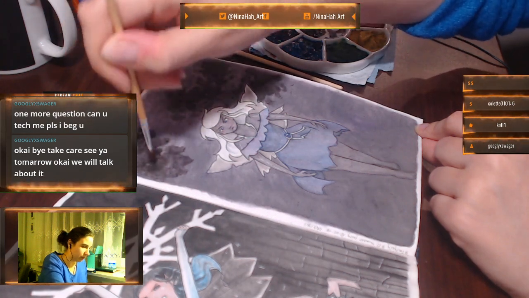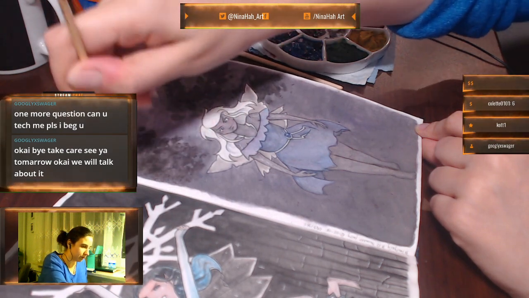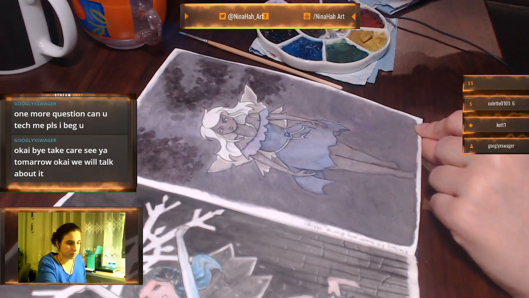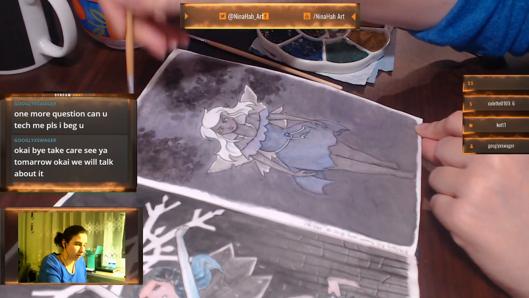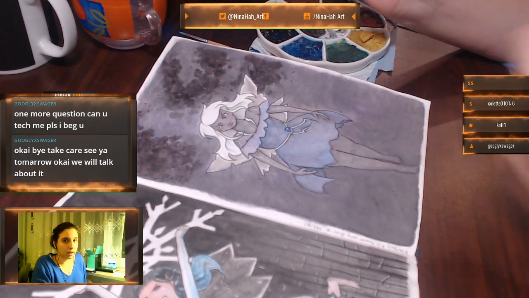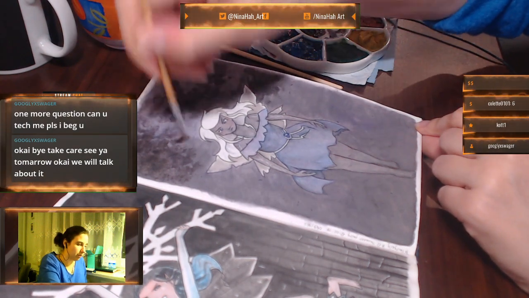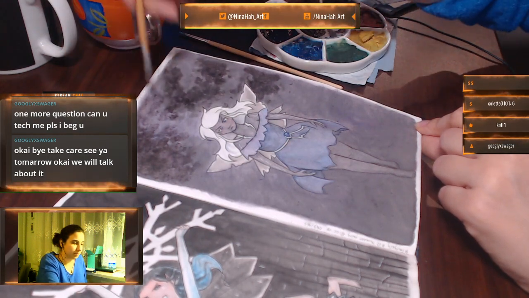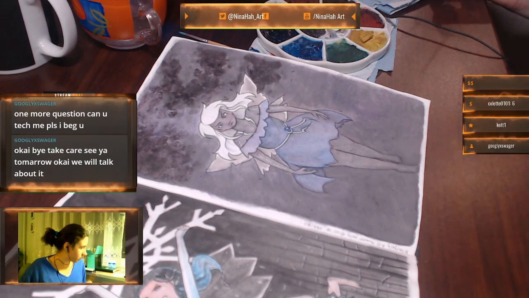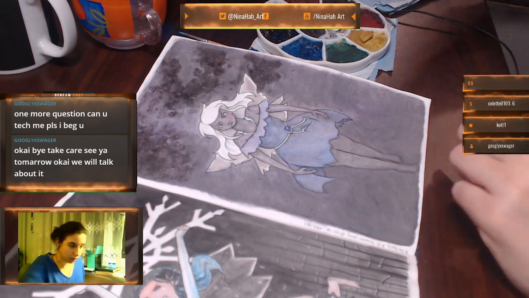And by dabbing, I am bringing back the texture that I noticed got muddled and kind of disappeared. So I hope to bring it back. And after I do it, I think it would be time to get the finest brush, take out the gouache, and do the lightning